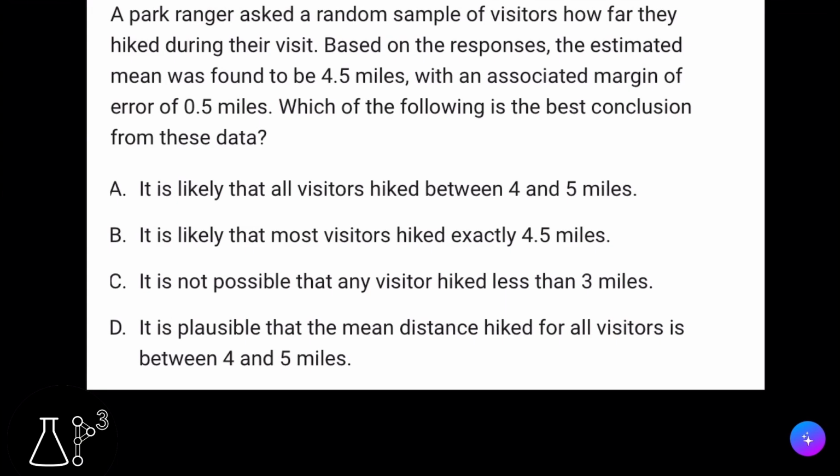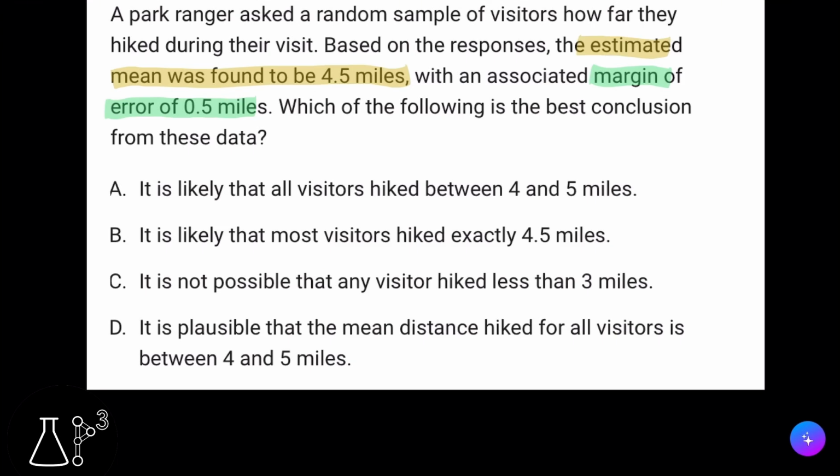So I'm given that the hikers had an average or estimated mean of 4.5 miles that they traveled hiking in the park, and we have a margin error of 0.5 miles. So what is margin error? Margin error is basically subtracting and adding the margin error, in this case 0.5, to the estimation mean, to look for my possible true value of the population that hiked during the visit,